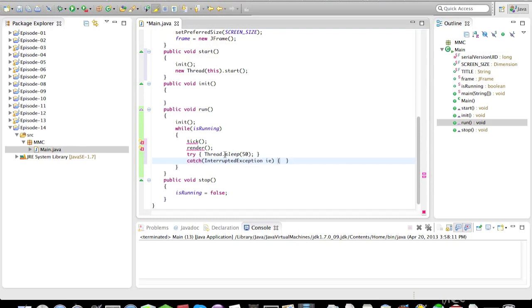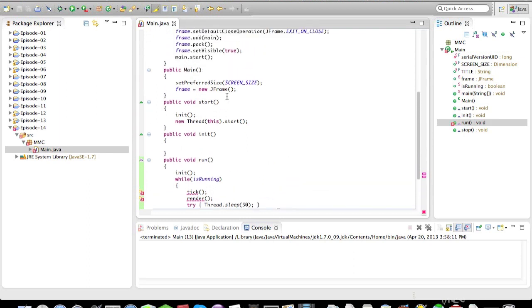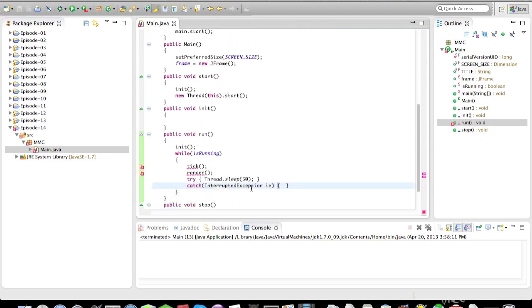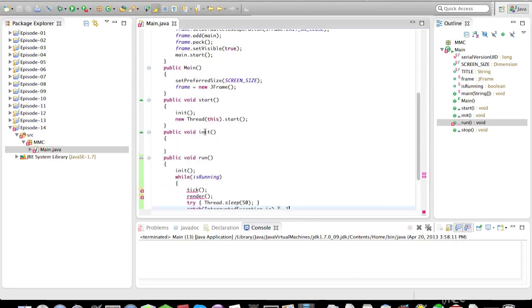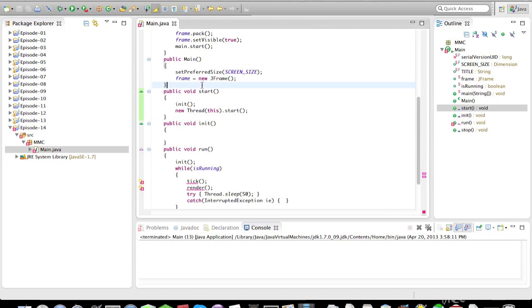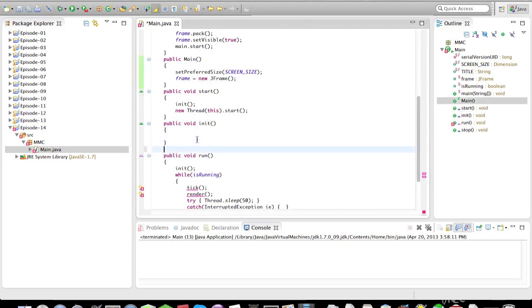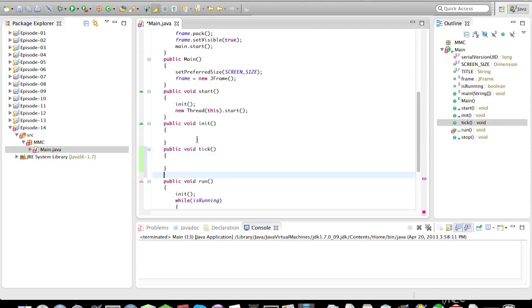And let's just not do anything with it because it's not going to get interrupted because we don't have anything interrupting it yet. I mean, we can eventually do something with it, but it's no big deal right now. So we're going to set up a public void tick, and then we're going to do a public